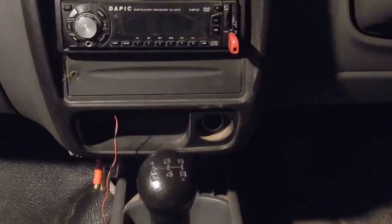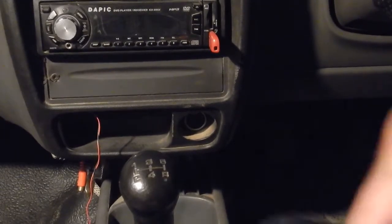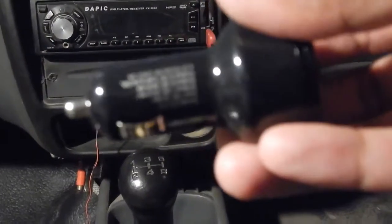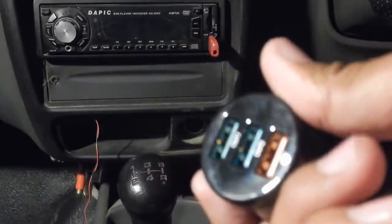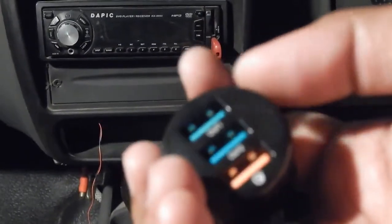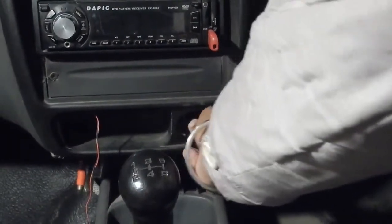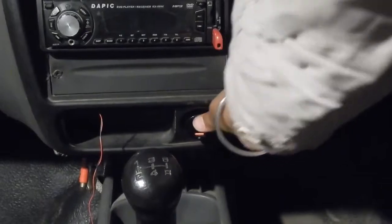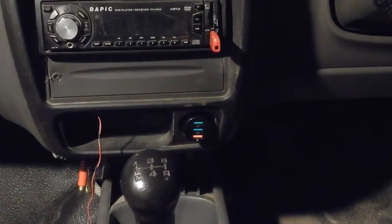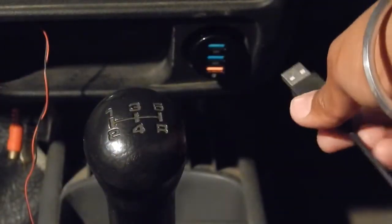So let's just do it. Okay, so here we are inside my car, and as you can see, there is the car charging port, and here I've got the Aukey CC-T11 charger. So let me just plug it in, and as you can see, there are 3 ports. The top 2 ports are your Aukey proprietary standard charging ports, and the bottom port is your Qualcomm 3.0 supportable charging port. So let me just plug it in. So there we go, it's plugged in, and what I'm going to do now is take a USB cable and plug it inside the Qualcomm charging port,